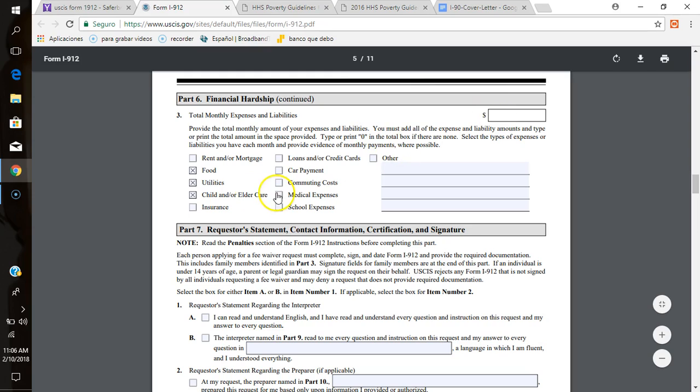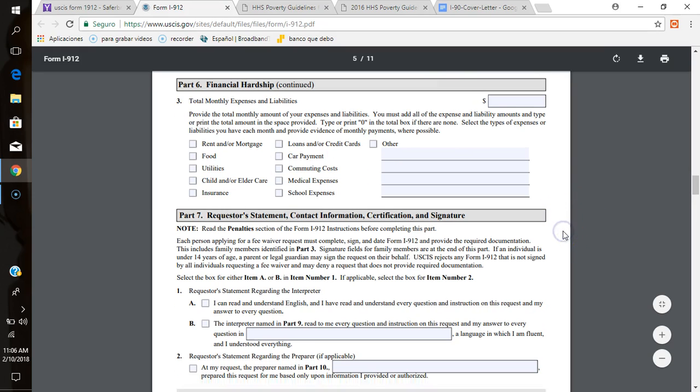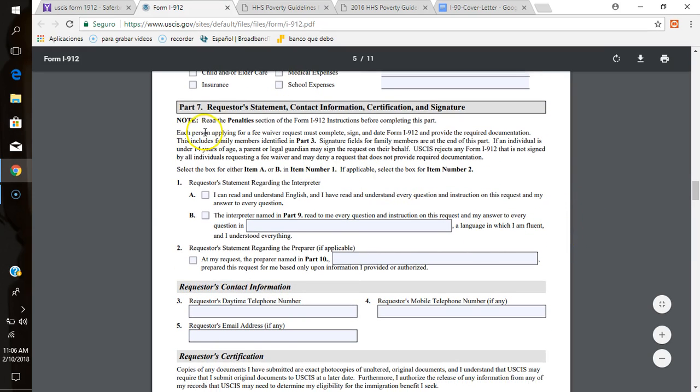But this does not apply to me, so I leave it blank. Part 7, requester statement, contact information, certification, and signature. This is for us. And number 1,